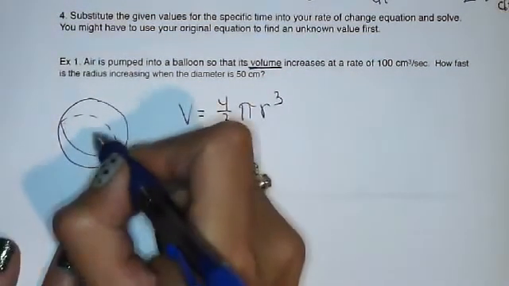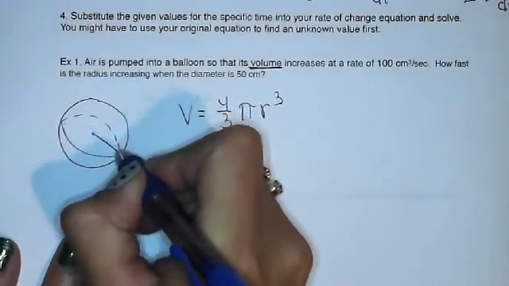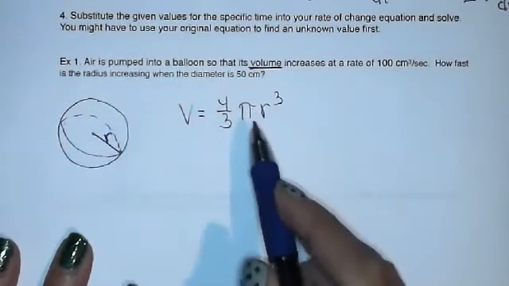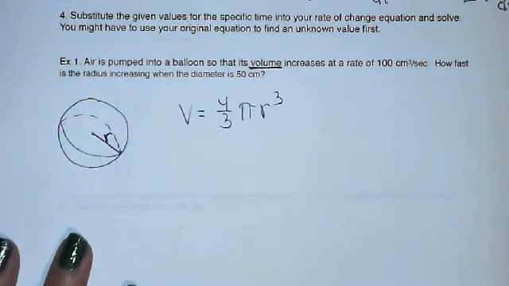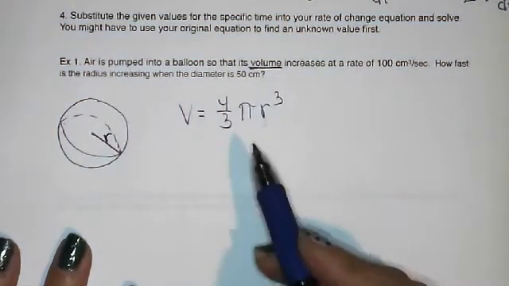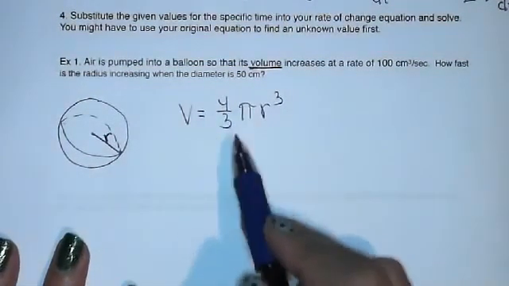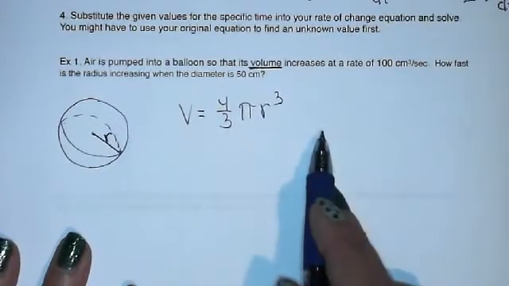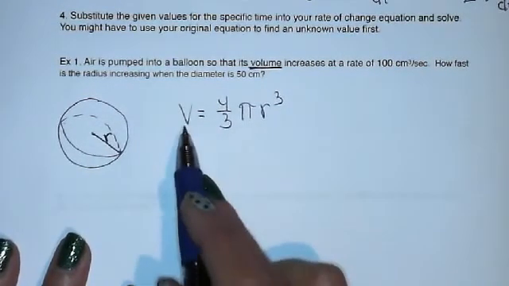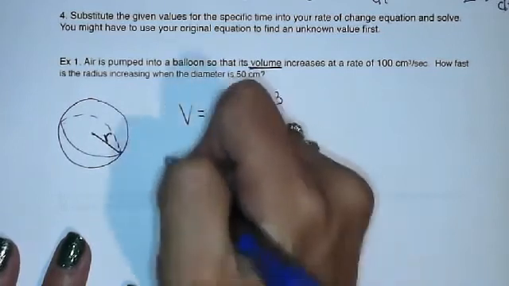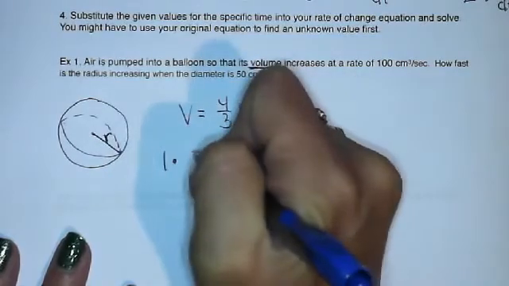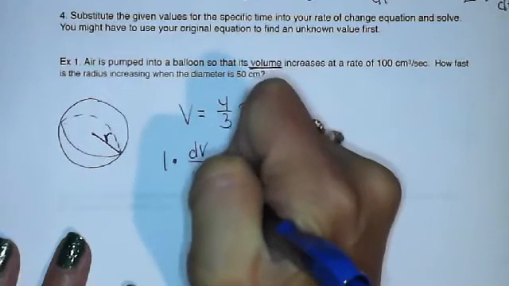Okay, so step one's done. The only two variables we're going to work with are radius and volume. So now I drew the picture, wrote the equation. Now I'm ready to write my rate of change equation. This is where I'm going to do derivative all the way through. So I'll start with the V. The derivative of V is 1 times its rate with respect to time,